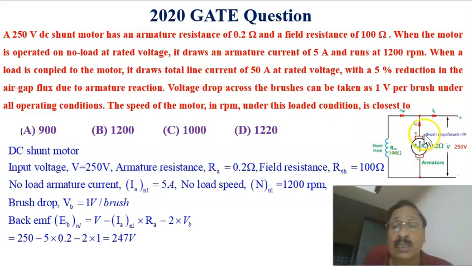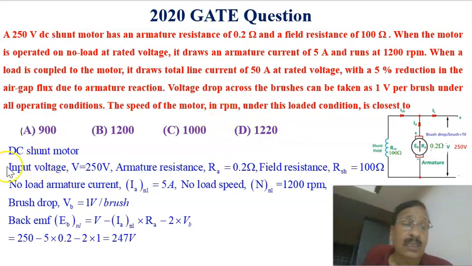This is a DC shunt motor in which the shunt resistance is given as 100 ohms. The DC supply voltage is 250 volts. Therefore, the shunt field current equals 250 divided by 100, or 2.5 amperes. The options for the speed are: option A 900, option B 1200, option C 1000, and option D